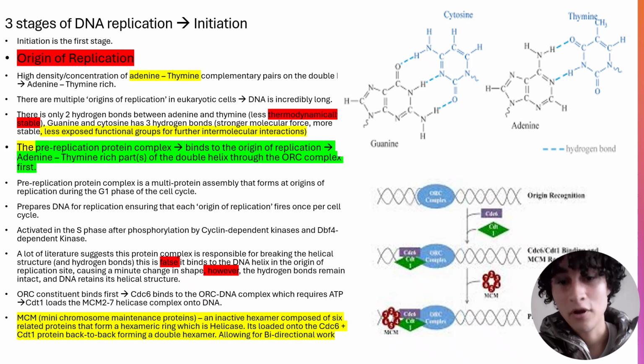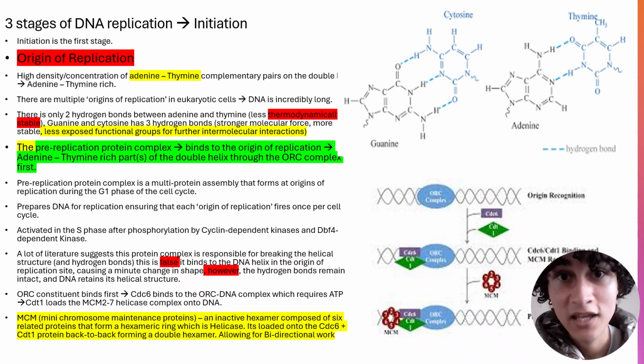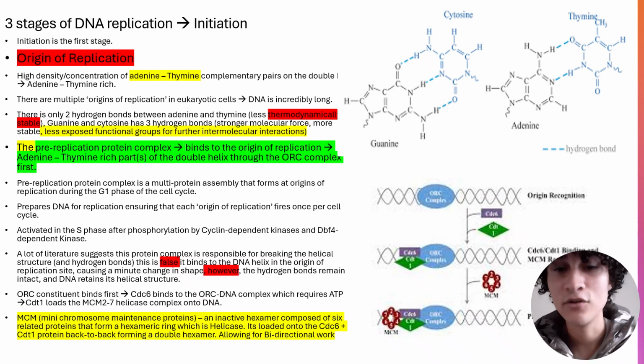So the origin recognition complex is the first constituent of the pre-replication protein complex, and it will recognize and bind to those origin of replication sites, those adenine thymine rich areas. But it's important to remember that our DNA double helix is still intact at this point. DNA still retained its helical structure. We're in the G1 phase of the cell cycle. The ORC complex is bound to that double helix, to those origin of replication sites, and the helical structure has been retained. Now, shortly after